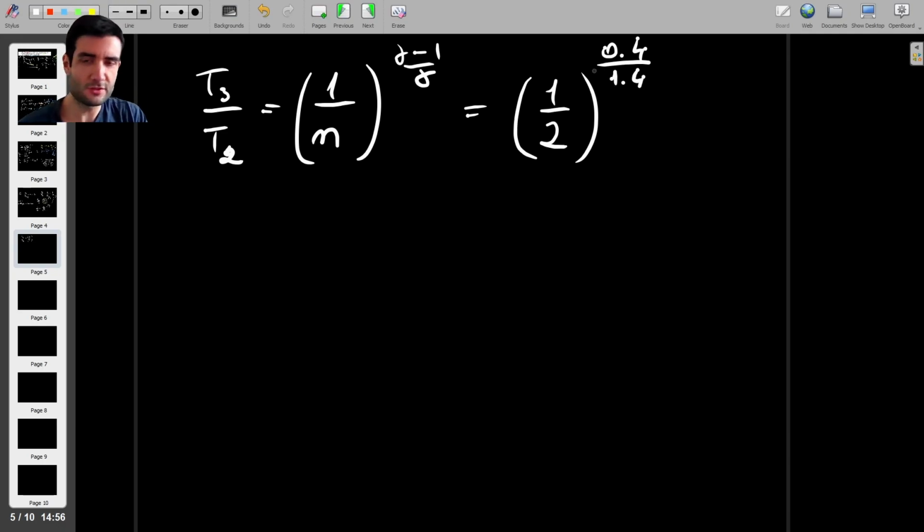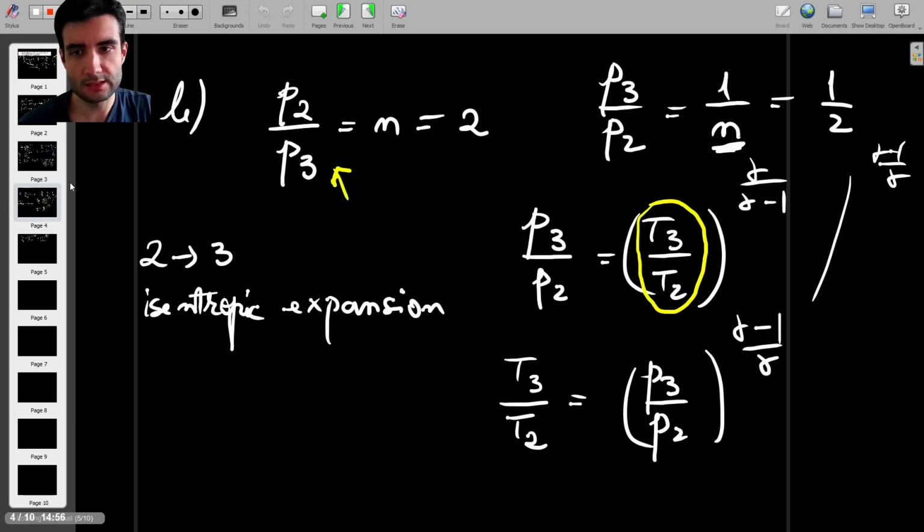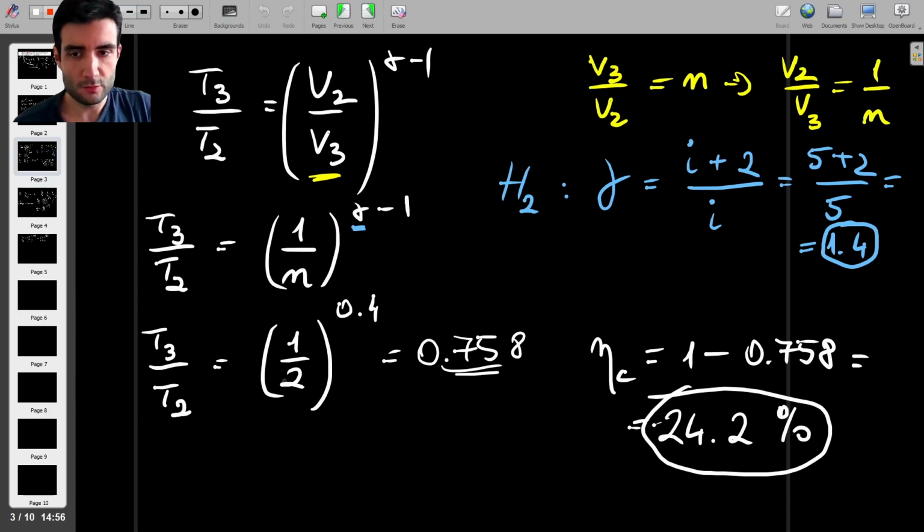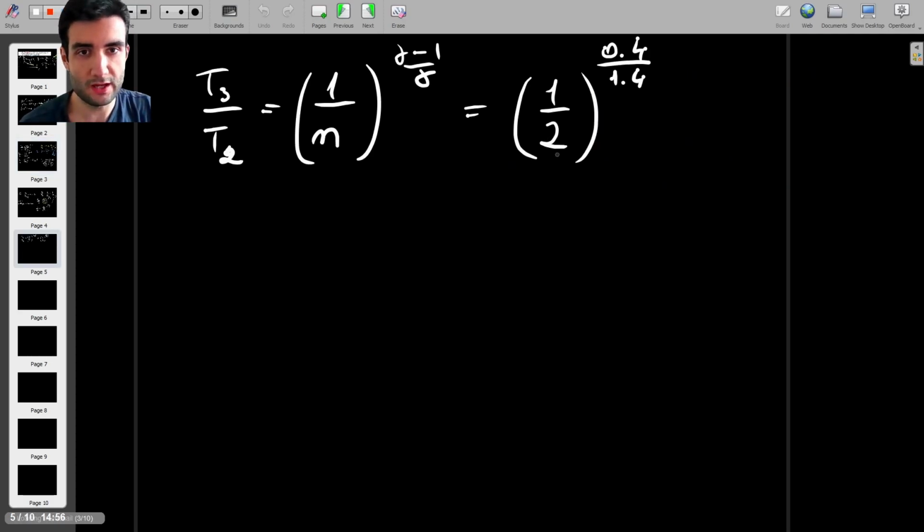So the difference between part A and part B is that in part A, numerically speaking, we have 1/2 to the power 0.4, but in part B we have also 1/2, but there's a different power. Okay, so this is going to be 0.5 to the power 0.4 over 1.4, so that's